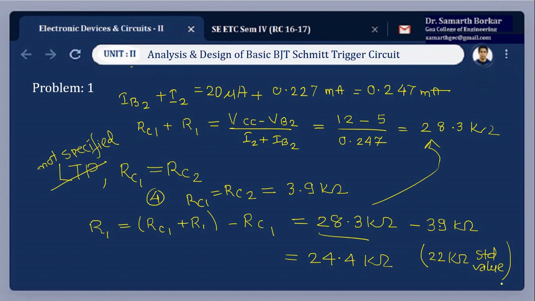So in that case, there's a remedy here. A potentiometer connected between R1 and R2 with Q2 base connected to its moving contact would provide adjustment to obtain a precise level of UTP. Again, practically it's quite possible. We can easily get the desired value of UTP by this slight modification. And what is that modification? We're going to connect a potentiometer between R1 and R2, and that movable slider will be connected to the base of Q2, and practically by observing on the CRO we can set it to 5 volts.